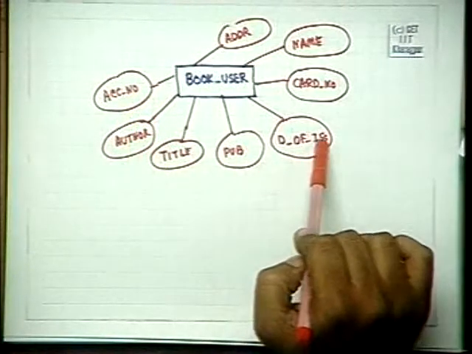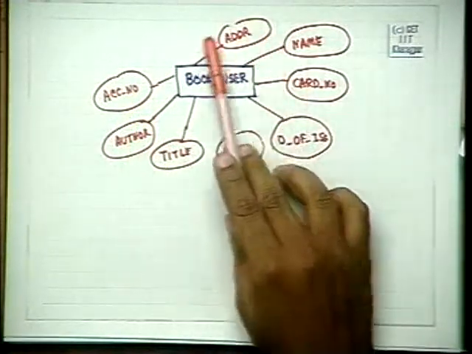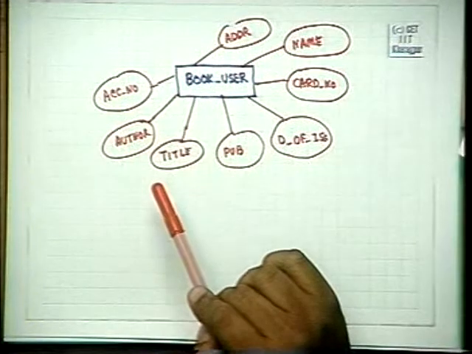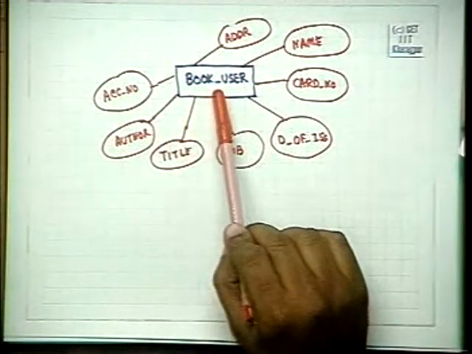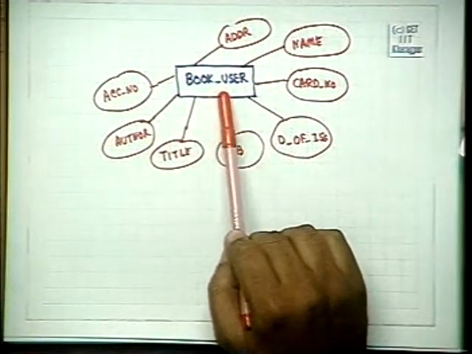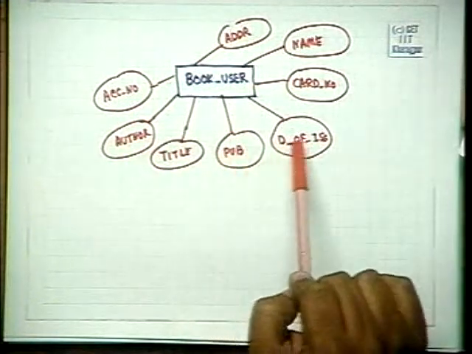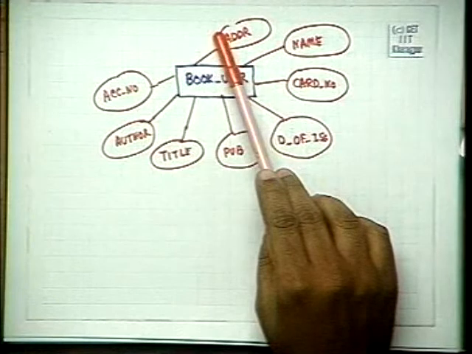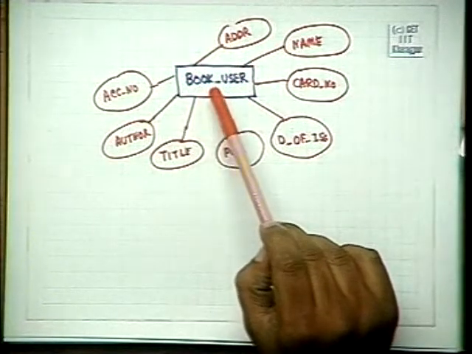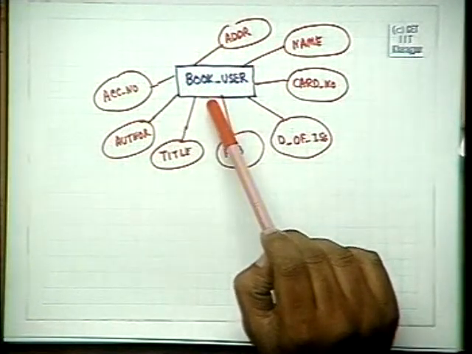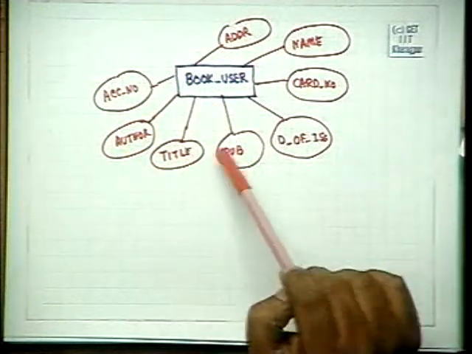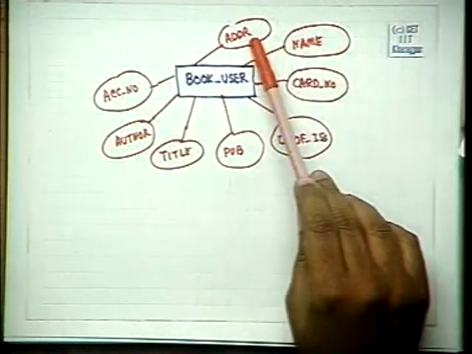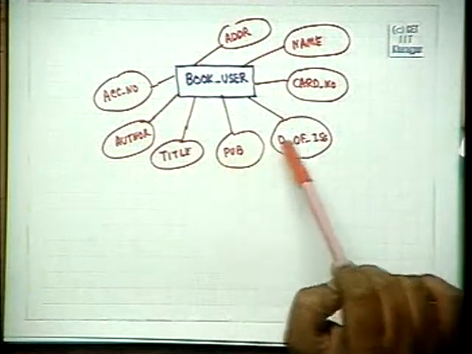A criteria which we will have for any entity in an entity set is that for a particular entity of that entity set, each of these values must be defined. Any entity of an entity set is identified by the values of its attributes, and these must be well defined.